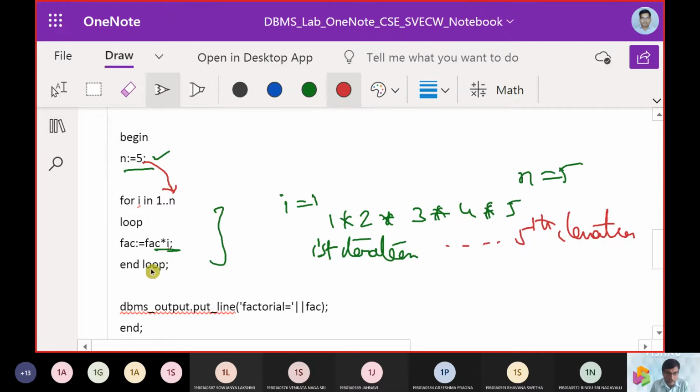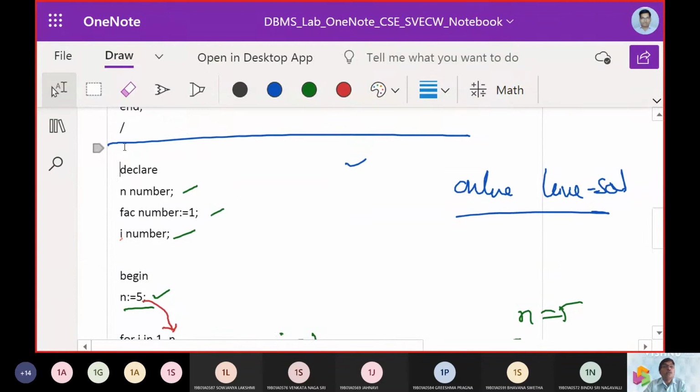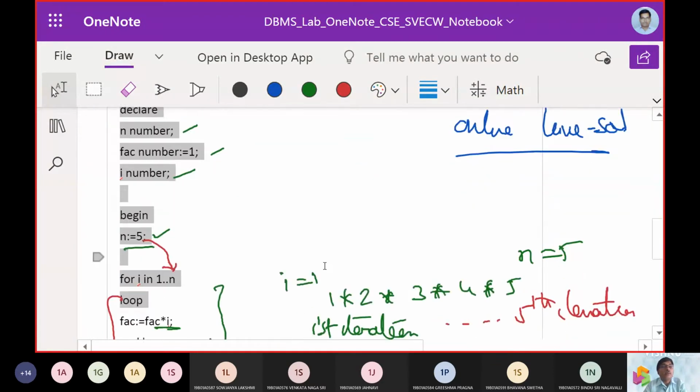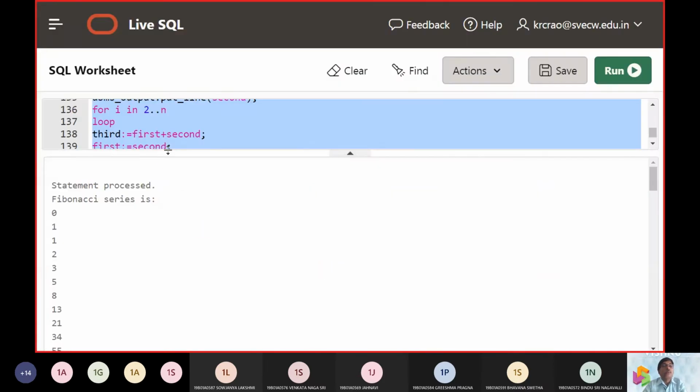So then we say end loop and we declare the factorial. So that is how we are getting the factorial program. What we will do is take the factorial program into our work area and then demonstrate how the factorial is going to execute.